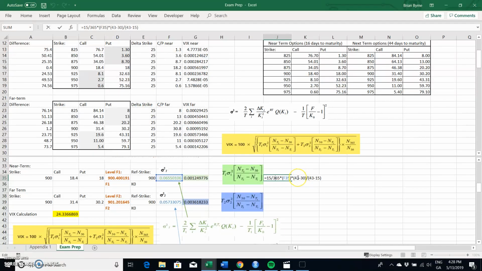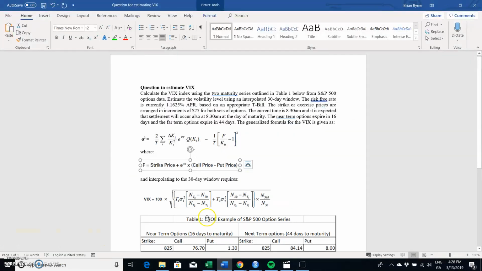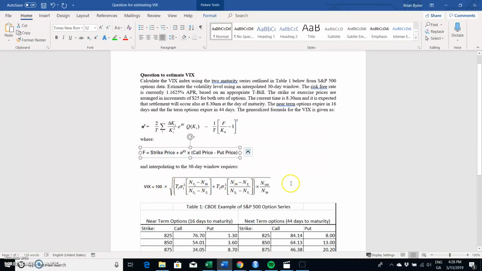So it goes down to 43 minus 30 divided by 43 minus 15. Again, in a similar fashion, we can do the same below here to get this element in blue of the calculation. So we're headed for this VIX. We go back to the exam style question. That's what we need to calculate, but we need to estimate now the sigma squared 2, this second element